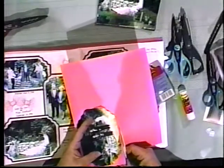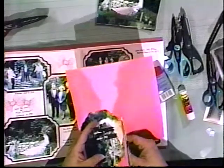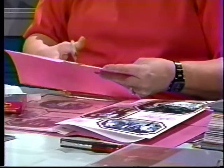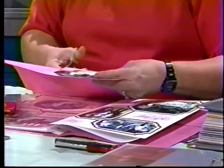Okay, and then I'll take my scissors and cut, and I eyeball it. If you're really worried about not being able to do that, draw a line with a ruler with a pencil. And then if you can't eyeball it as well, you've got that for your line. But I've done it so much that